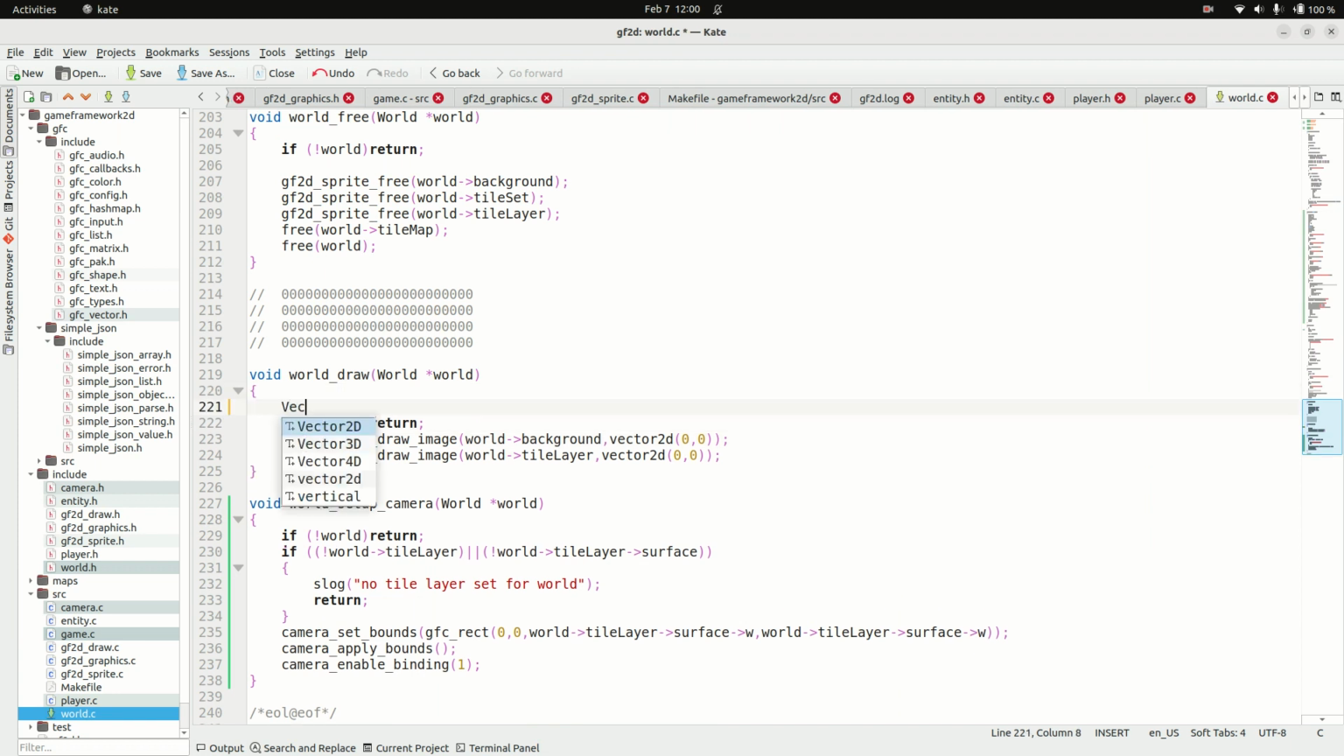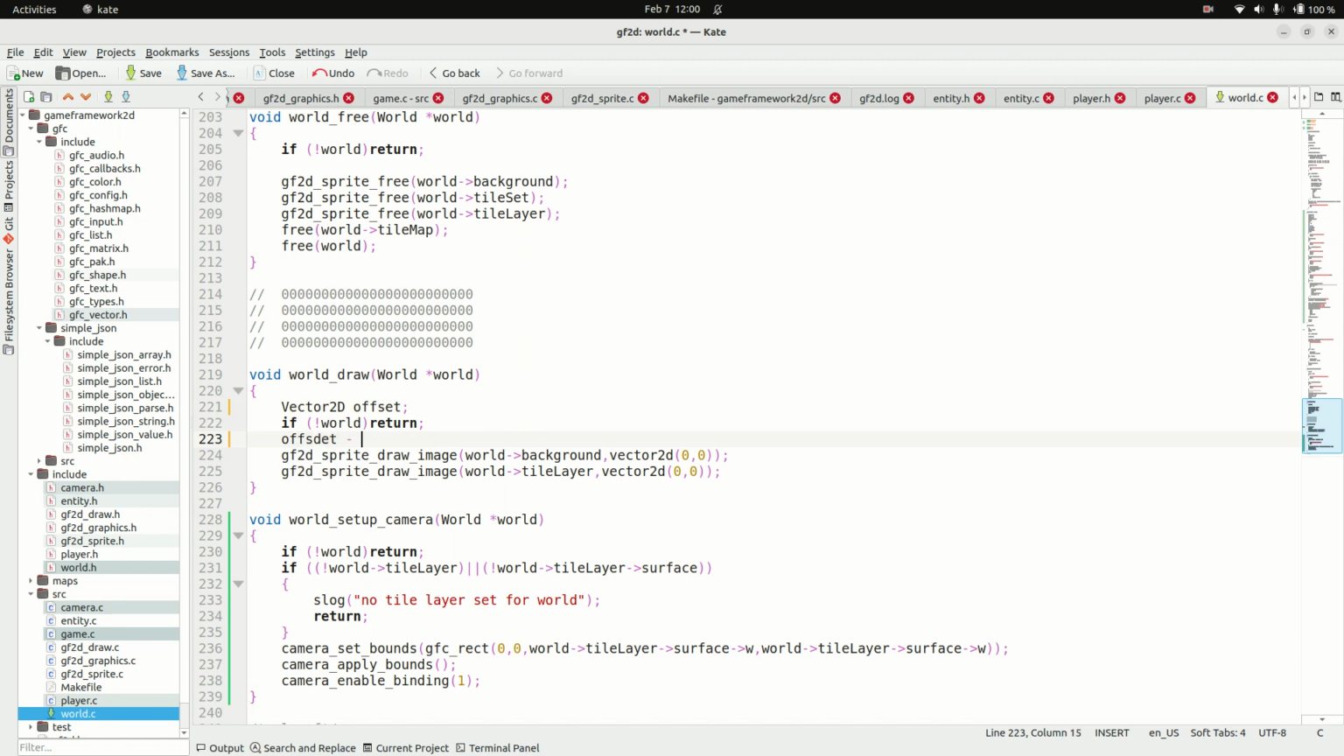So I'm going to make a vector 2D offset. Offset equals camera get offset. And we're going to draw the background. Actually, I'm going to keep the background unmoving because it'll have a neat little effect there. The background is like a static background. At some point, maybe we'll make this like a parallax effect, but for now, let's just make it infinitely far away so it doesn't really move. And we're going to set this to the offset. I forgot the equal sign, and I added an extra semicolon. I'm really killing it today